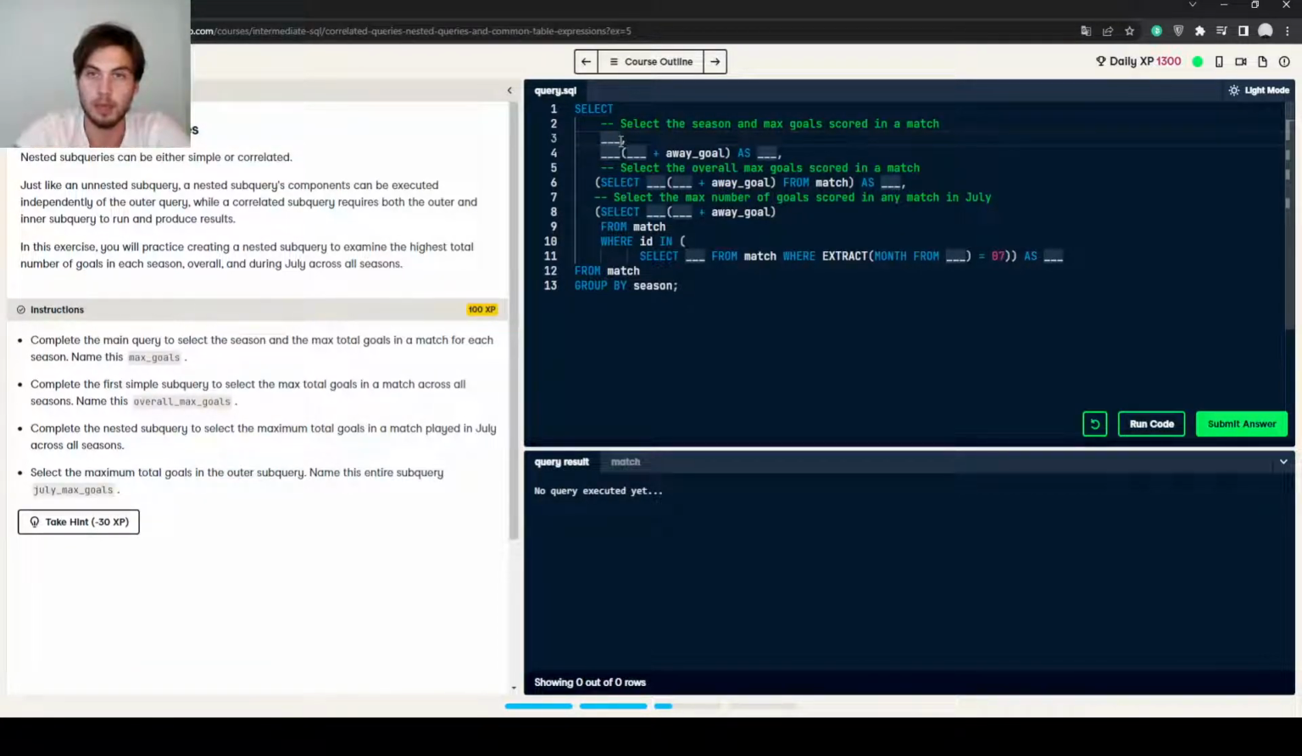Select the season and max goals scored in a match. Complete the main query to select the season, max home goal as